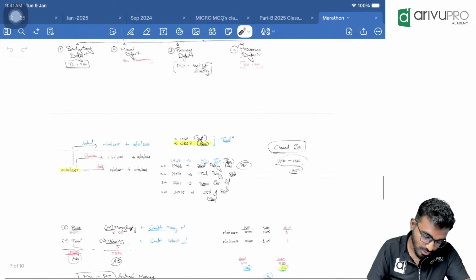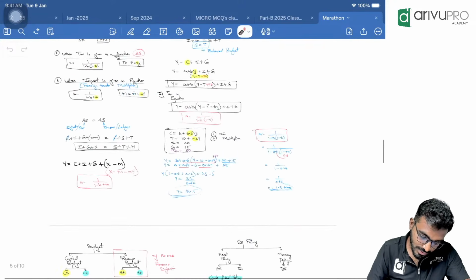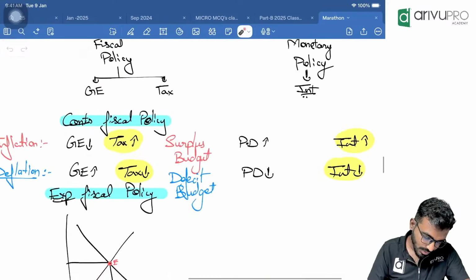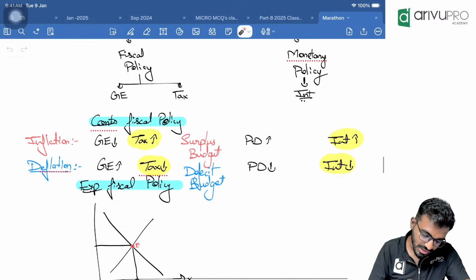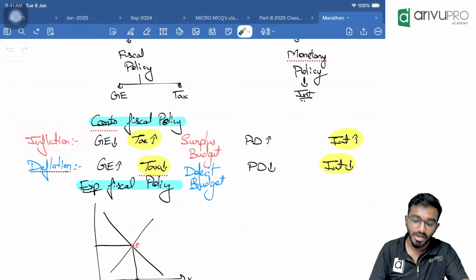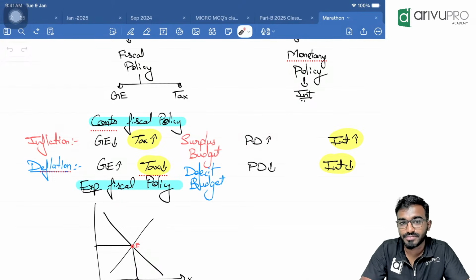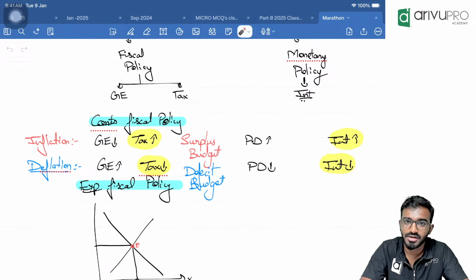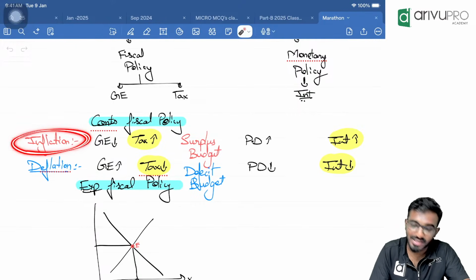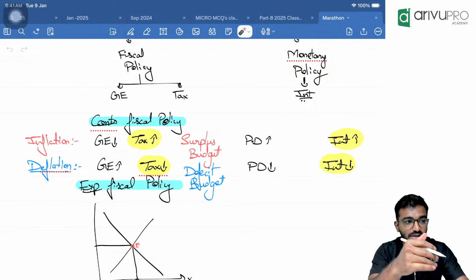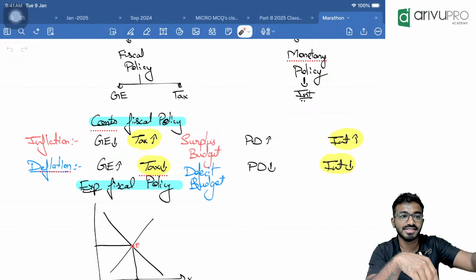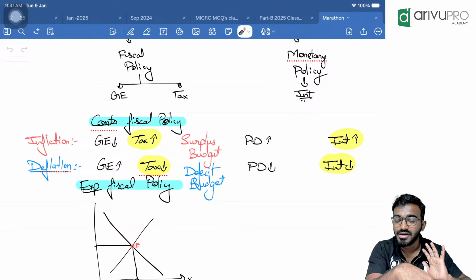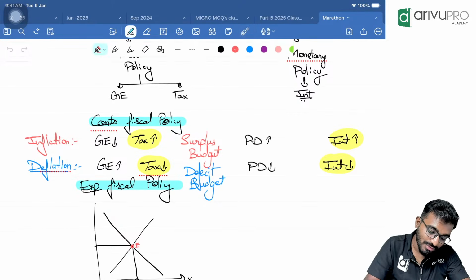Yesterday we wrote this on the flow chart. Observe: when an economy has inflation, public debt will increase. That means RBI is now selling treasury bills or government bonds. When people have more money in their hands, RBI will sell securities. People will purchase securities, and money will come into the banking system from the general public. That is when RBI will sell securities.